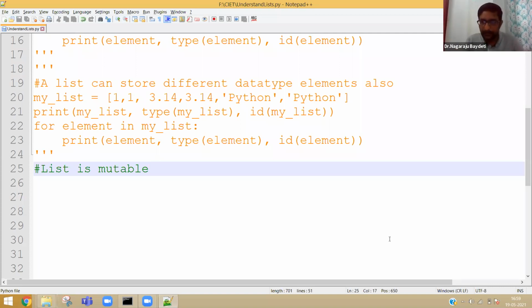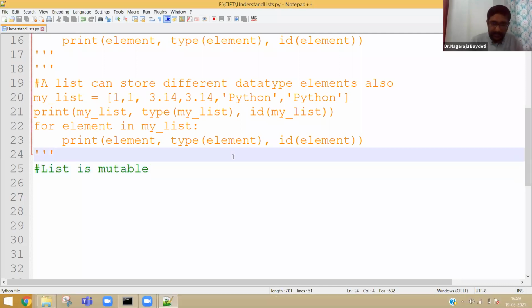Akash is asking me a concept which is list of lists. Okay, Akash, definitely it is possible. We have not come to such kind of concept here as of now. A list can have a sublist definitely. That we will see later on.